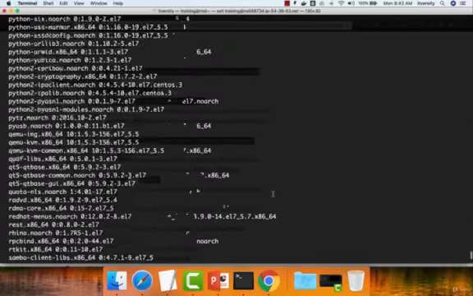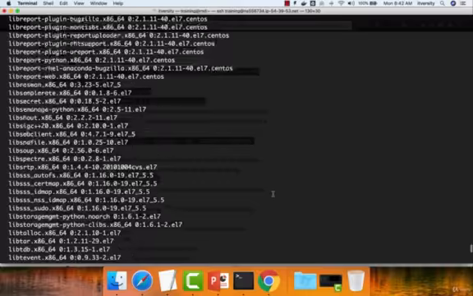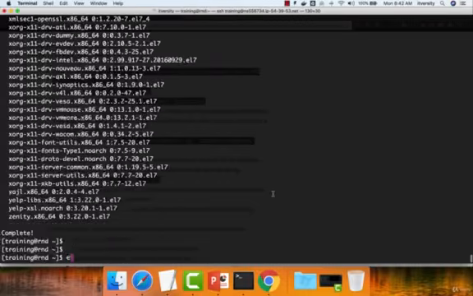Now the installation is done. You can see here everything is successful, there are no errors. Okay, as the installation is done,